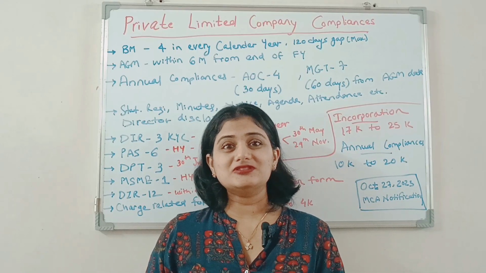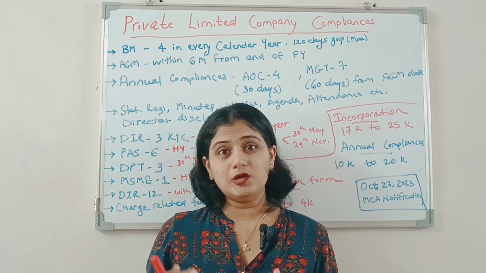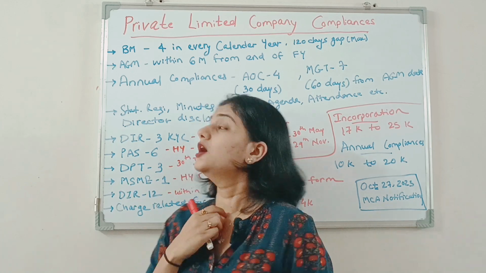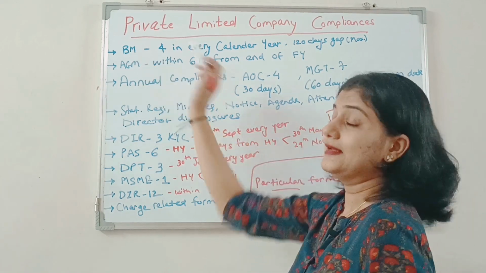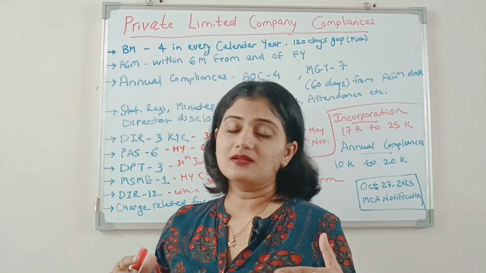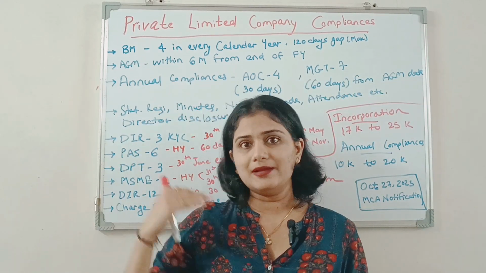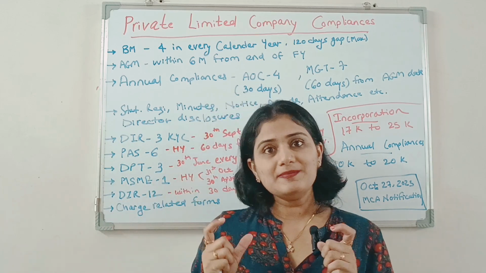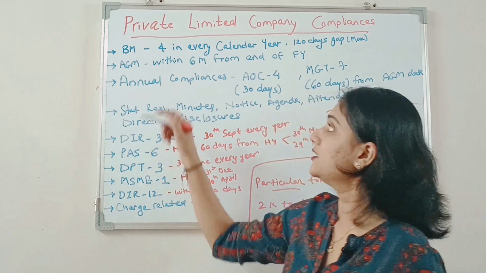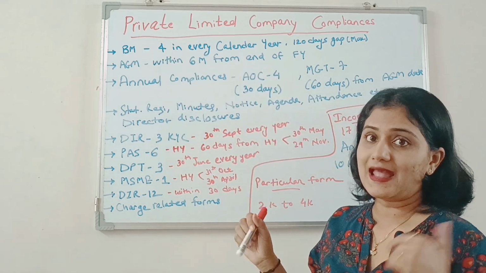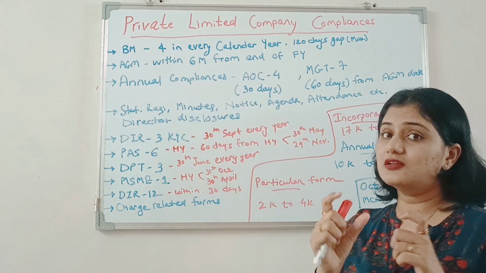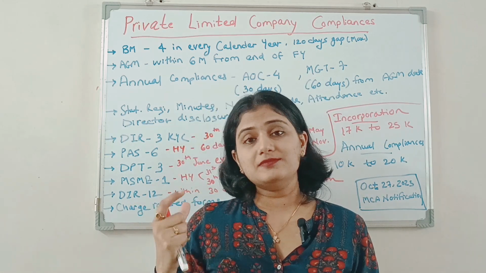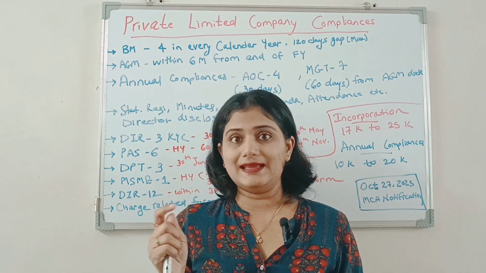Now talking about the compliances which will be applicable to newly incorporated companies as well as existing private limited companies. So first, board meeting. It applies to every company, but here I am talking particularly about private limited companies. So every private limited company has to conduct 4 board meetings in each calendar year. Here the word is calendar year, that means January to December, with the maximum gap between 2 board meetings being